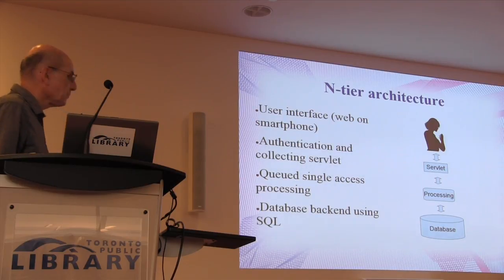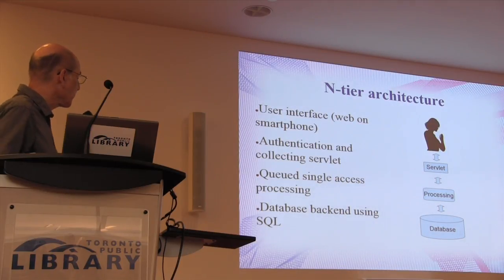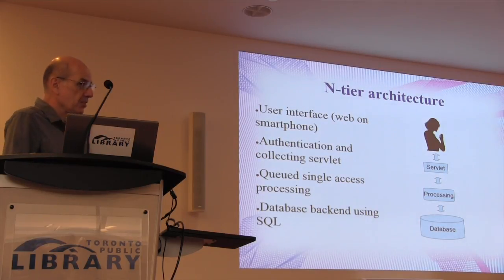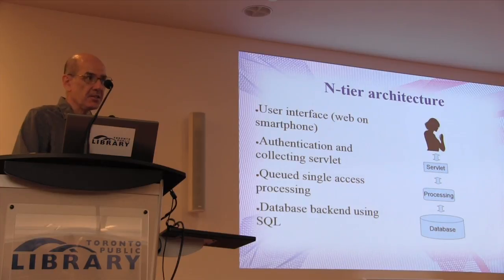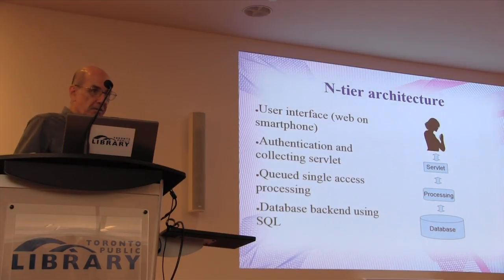For the rest of it, this is kind of technical, but this is a hackathon, so I'm assuming I won't be bothering too many people with it. It's n-tier architecture, user interface, web on a smartphone, and an authenticating and collecting servlet. That's the thing that talks to the actual library database to find out whether or not you are in good standing at the library, whether you've actually entered a valid Toronto Library card, and whether you are in fact certified for a 3D printer or whatever other